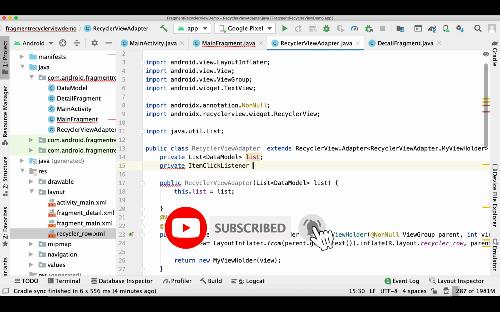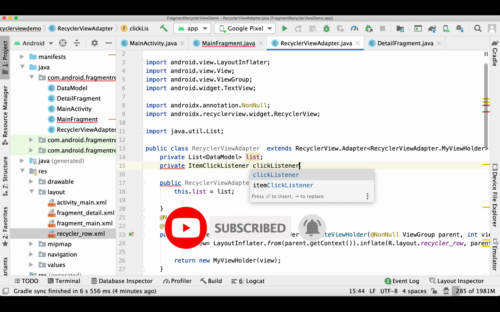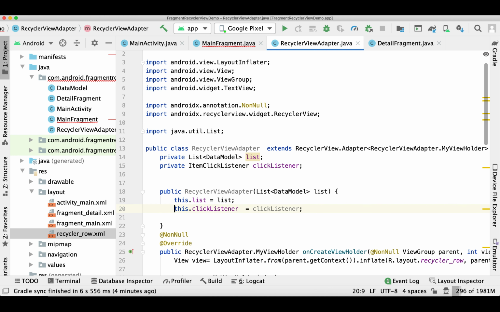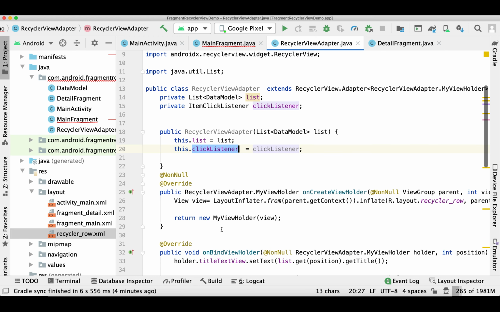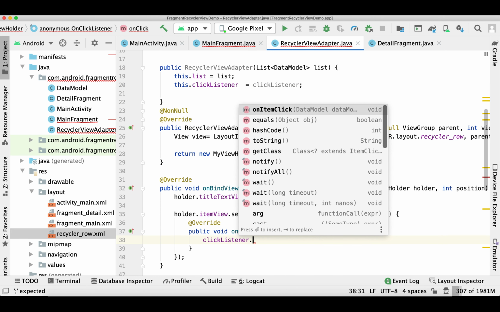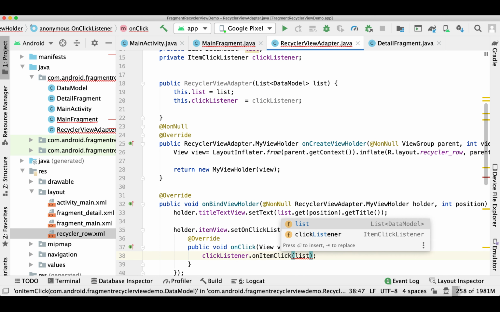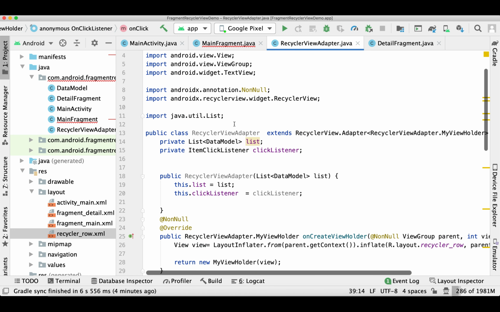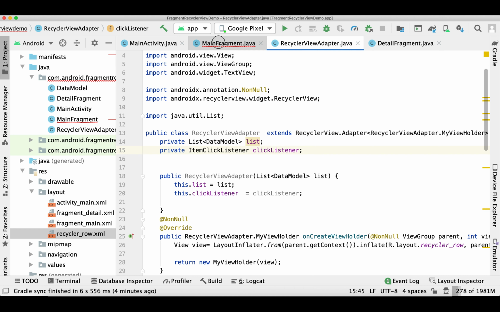And let's initialize it globally, and we'll call this function from the row click here, and we'll call the on item click function. So our adapter is ready.